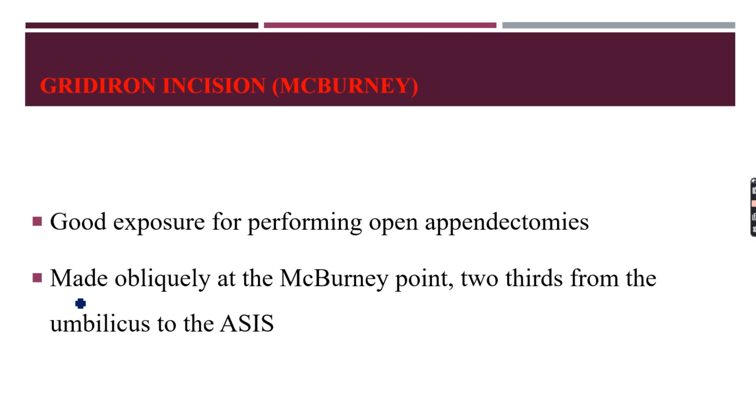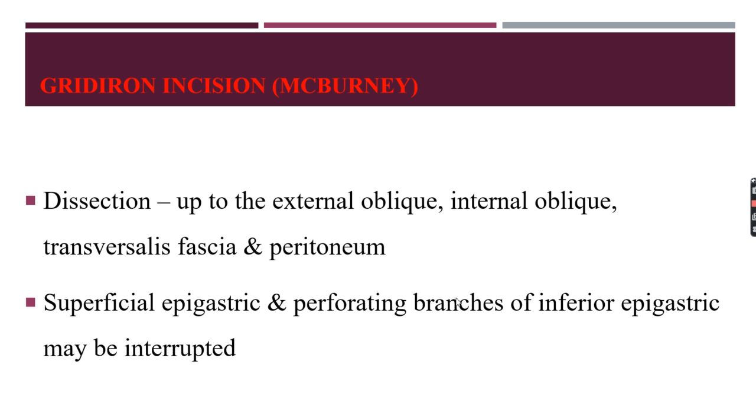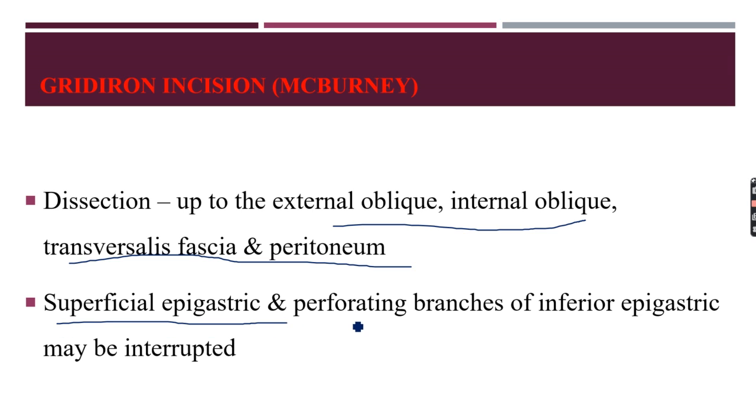And it gives very good exposure for performing open appendicectomies. This gridiron incision is made obliquely at the McBurney point, and this McBurney's point is the junction of the lateral 1/3 and medial 2/3 over the line joining the ASIS and the umbilicus. Dissection is up to the external oblique, the internal oblique, transversalis fascia and peritoneum. And in this incision, superficial epigastric and perforating branches of inferior epigastric may be interrupted